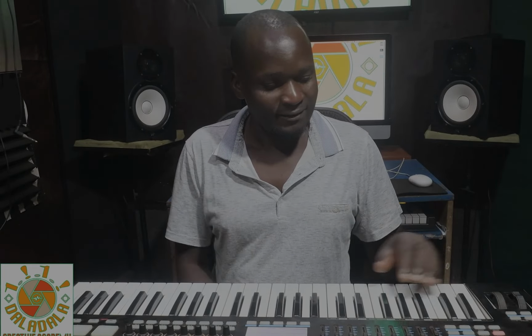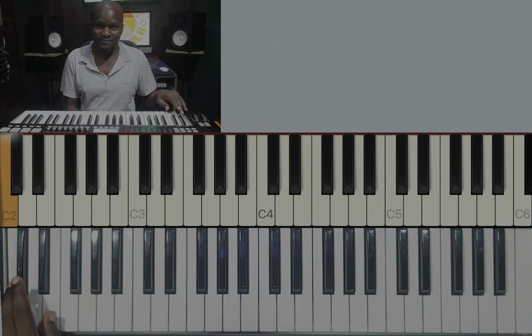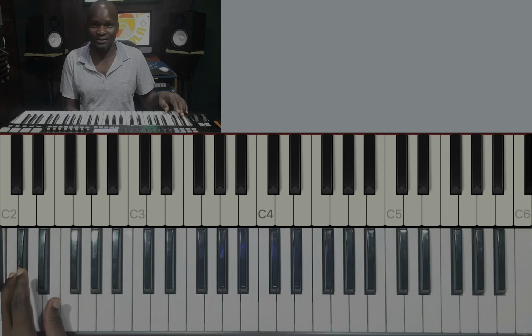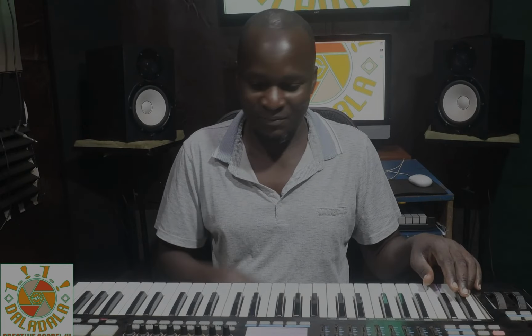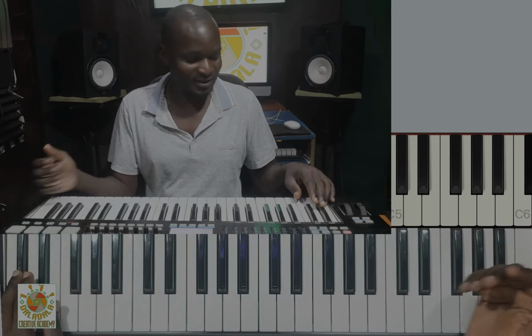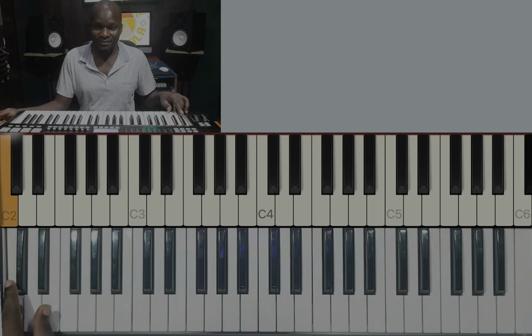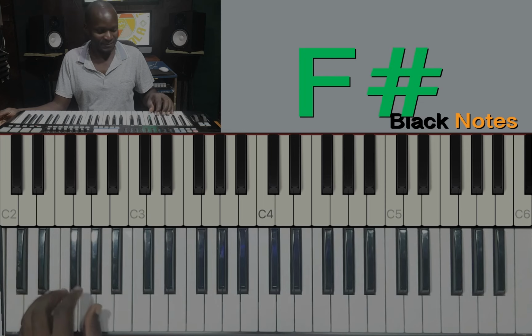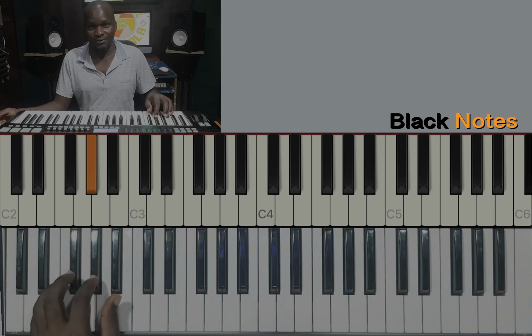Then these black ones are named depending on where you're standing. For example, if I'm at C, this is C sharp. It means it's a semitone above C. The moment you talk about something being a sharp, that means it is raised by a half step or a semitone. So this is C, but this is C sharp, this is D, and this is D sharp, this is F, and this is F sharp, G, G sharp,